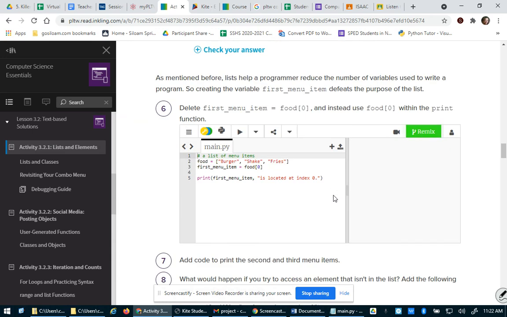Okay, so what that means is we're going to erase this right here, because like it says, the idea of a list is to decrease our code, right? Is to decrease our variables so we don't have to go back and find so many, right? So what it's telling us to do is to just do print